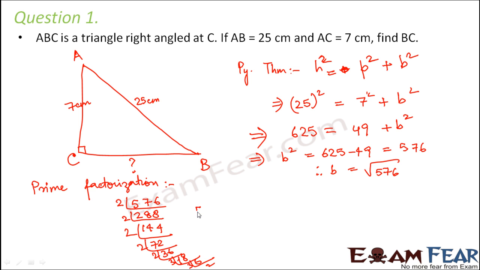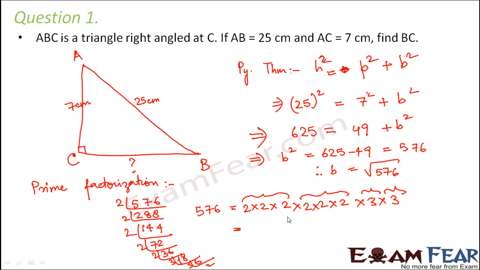So when you actually prime factorize 576, it comes out to be 2 into 2 into 2 into 2 into 2 into 2 into 3 into 3. So basically this can be rearranged and written somewhat like this. You have a total of 6 twos. So 3 twos together, again 3 twos together. You have 2 threes, so 1 three and 1 three. So what you can do is, this can be written as 2 into 2 into 2 into 3. So you take 1 out of these and 1 out of this. So you get this multiplied by again the same thing, 2 into 2 into 2 into 3.